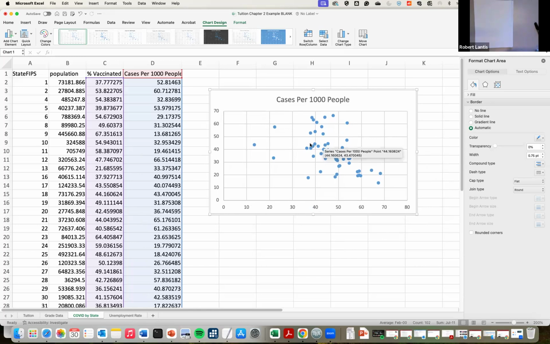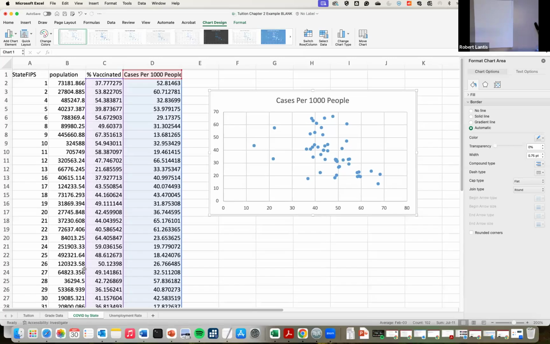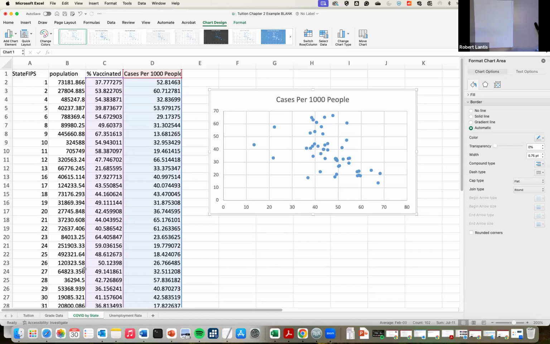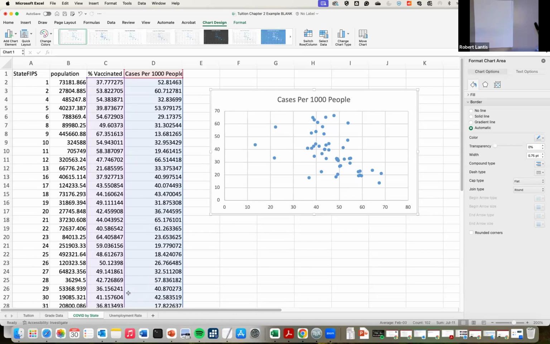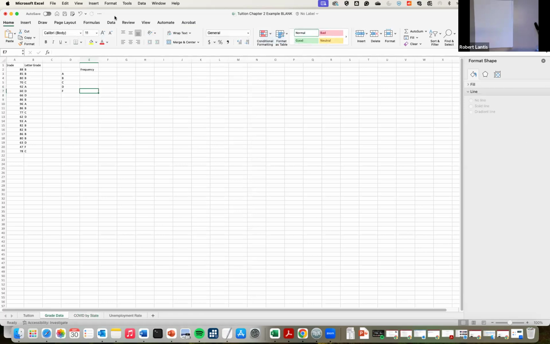But here's our scatter plot. And once again, we kind of see, okay, as you get higher percent vaccinated, it tends to be that the cases are kind of going down, it looks like. So those ones are pretty easy. We're selecting the data, inserting the type of graph we want, whether it's a time series or a scatter plot. What I'm then going to go through and do is show you how we do a frequency distribution